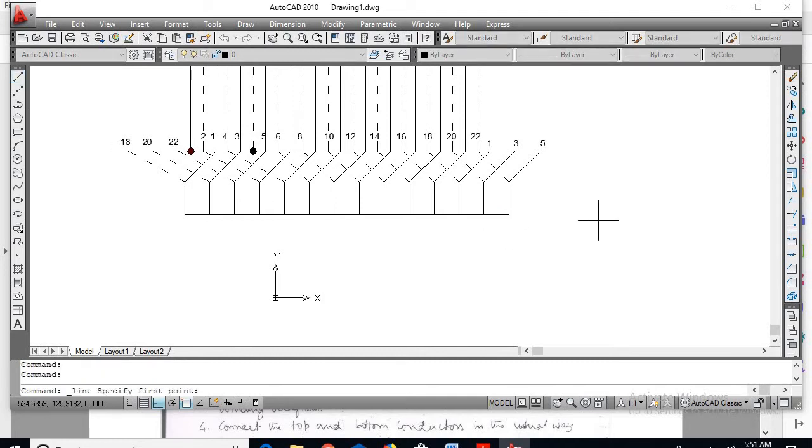So extend the segment 50% towards the right, 20 centimeters, enter. Similarly towards the left, 20 centimeters, enter. Just drag a line to some distance. Now just close the